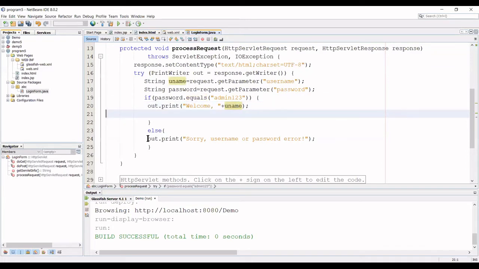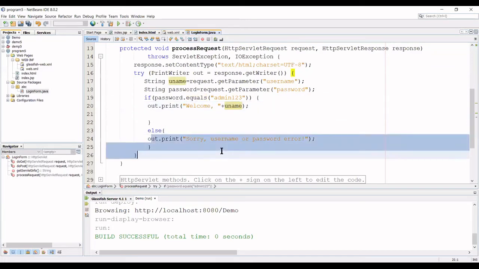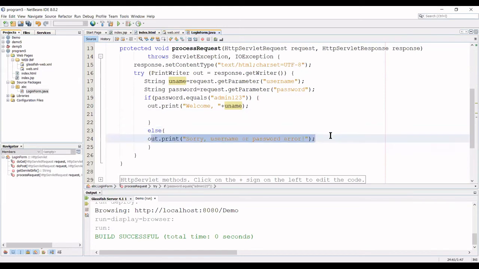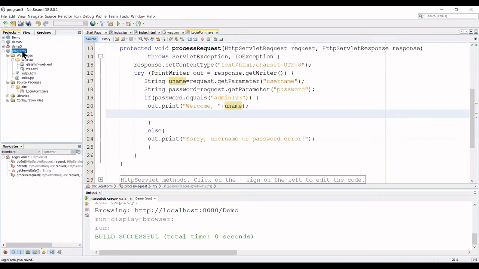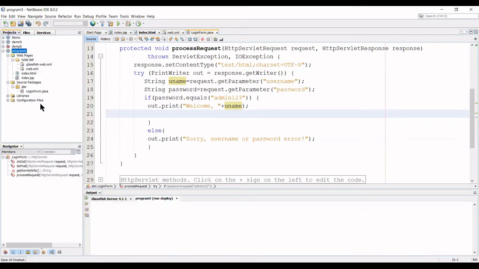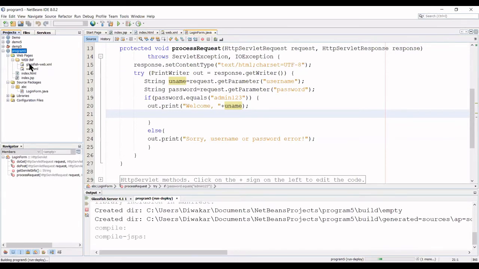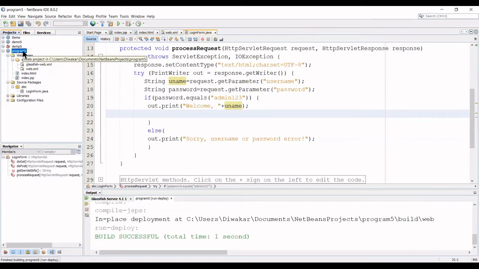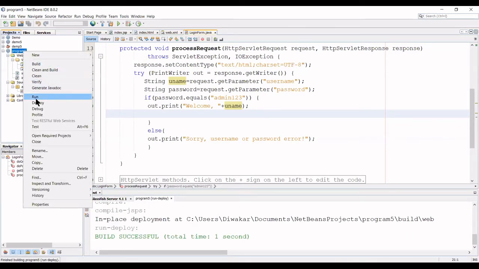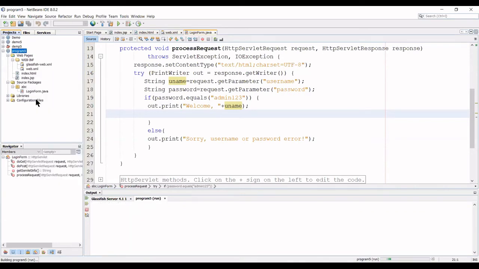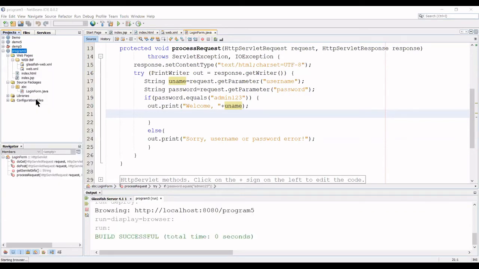Otherwise, you're going to print sorry, username and a password error, right? See, now you just execute this part of the code. You deploy your project. Okay, then you run.